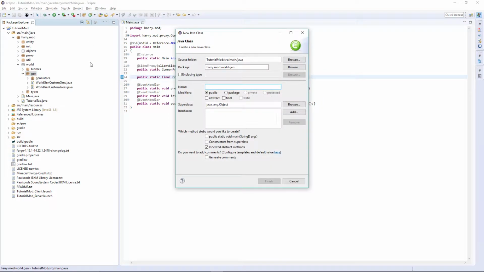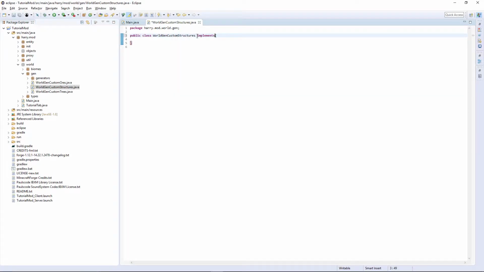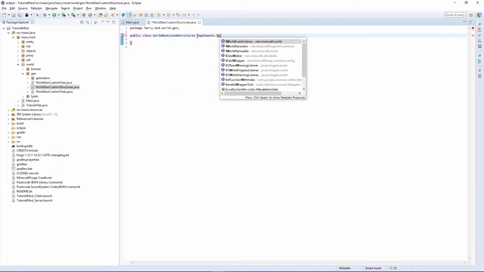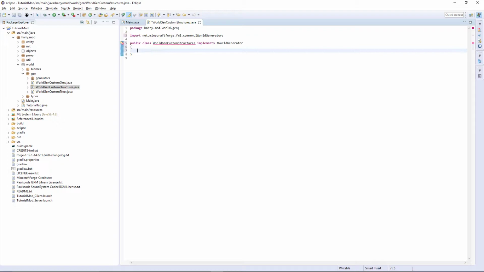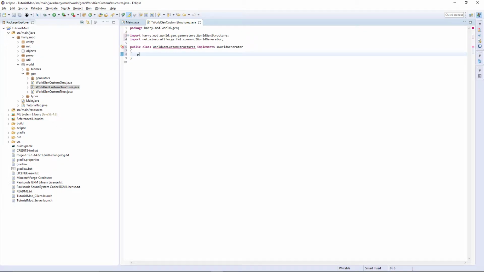class, world gen custom structures, implements I world generator. So at the top we're going to have the actual structure itself. So public static final world gen structure, the name of your structure, which I'm going to do an armory so I can demonstrate some features, but you can do any structure you want. So armory equals a new